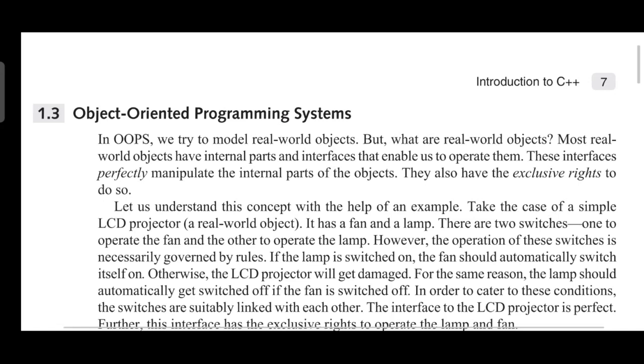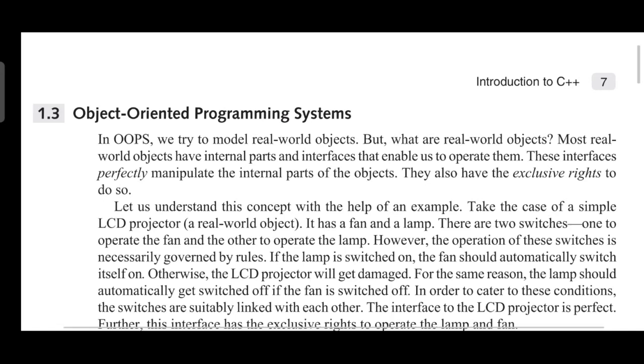However, the operation of these switches is necessarily governed by rules. If the lamp is switched on, the fan should automatically be switched on, right? Otherwise the LCD projector will get damaged. So the lamp and fan are two internal parts of the LCD projector we have considered.